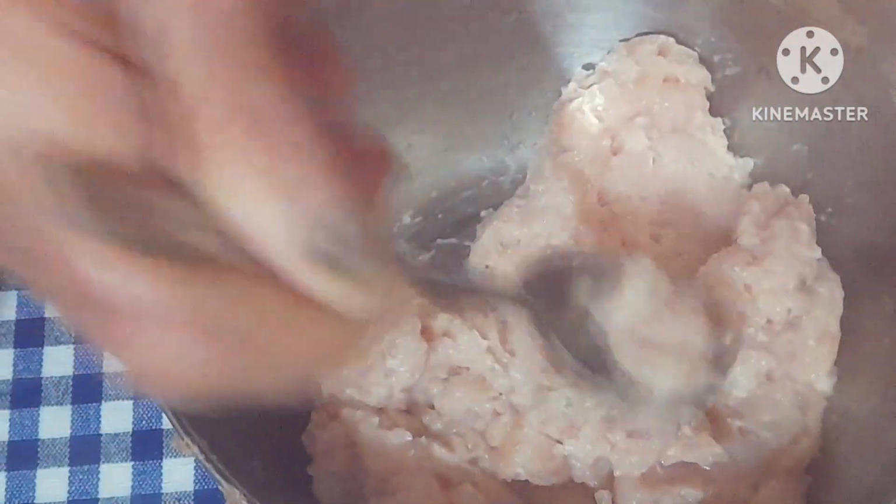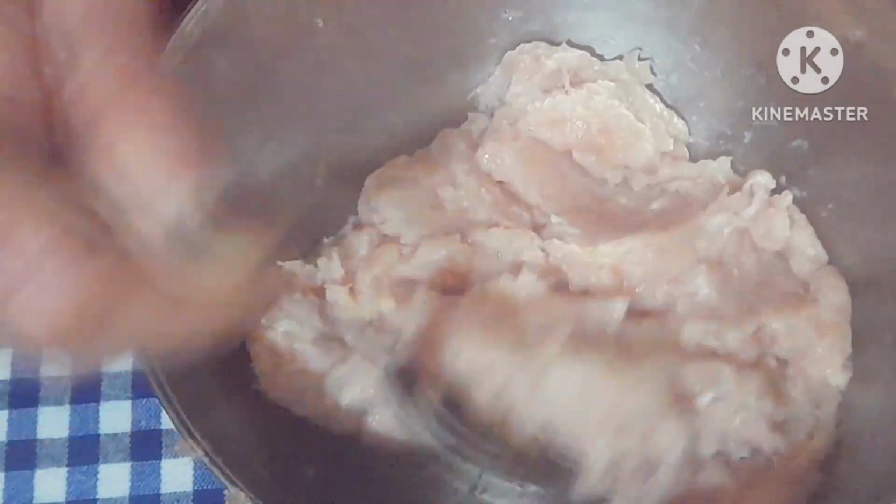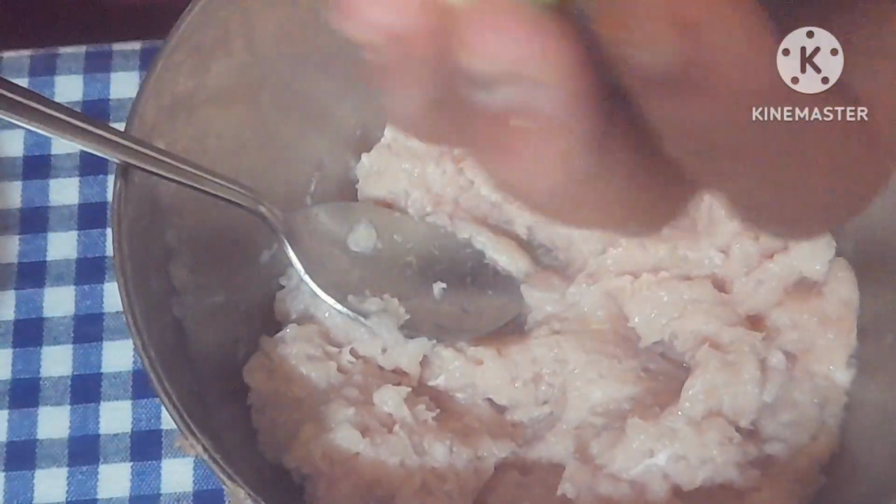So anyway, I'm starting with keema balls. This is keema. I drained the water completely. You should drain the water completely. There shouldn't be any water. And I'm giving salt, sugar,